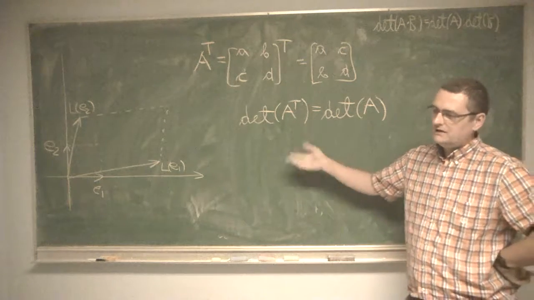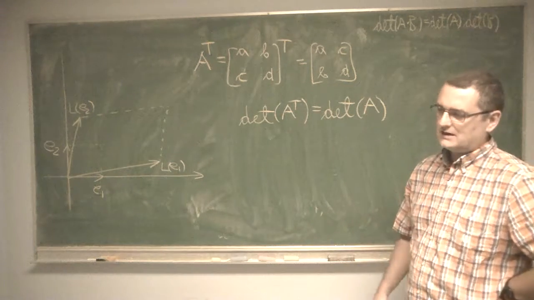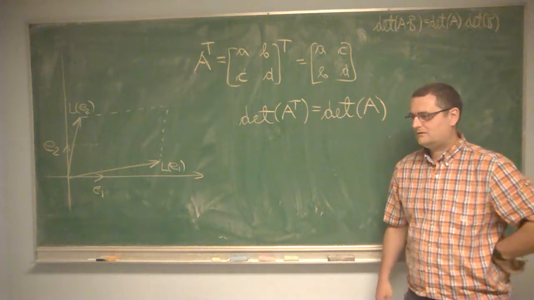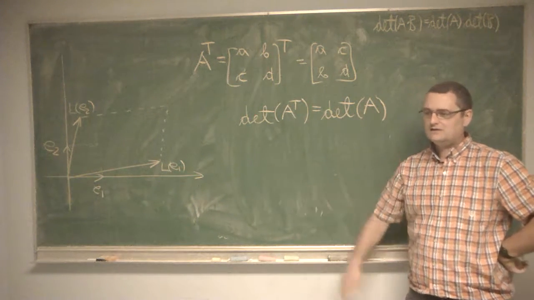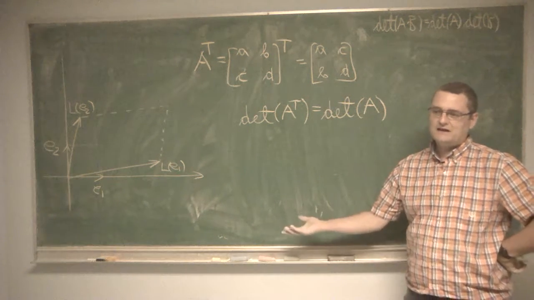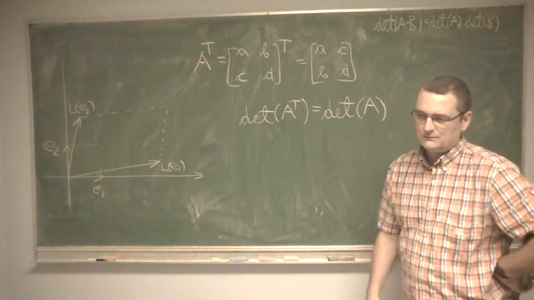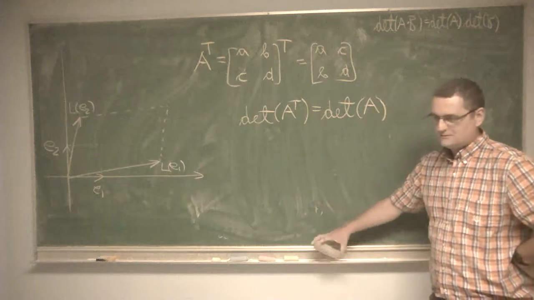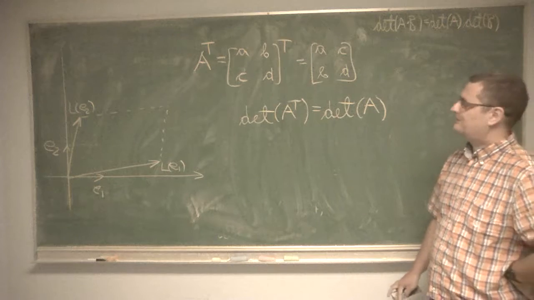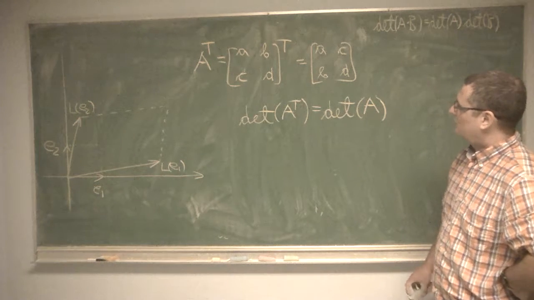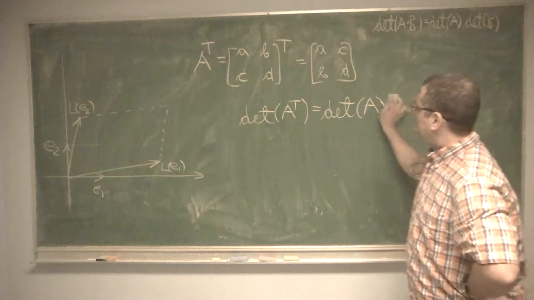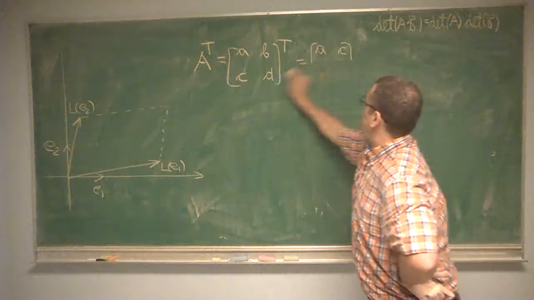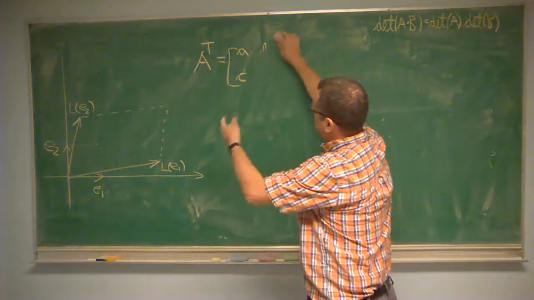And similarly, multiplying a column by some scalar and adding it to another column has the same effect as multiplying a row by the same scalar and adding it to another row. Okay, so let us discuss those three properties,